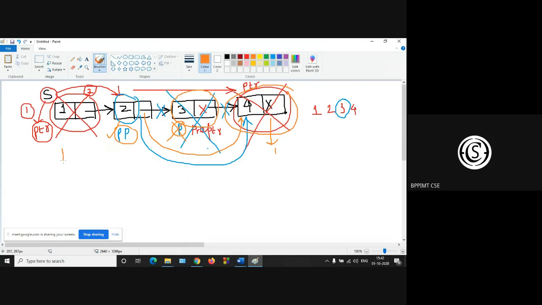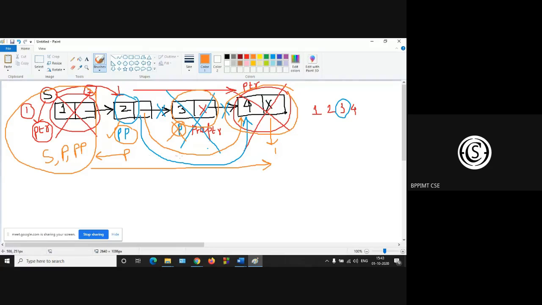Initially your P, PP and S are all pointing to the first position. Then every time you have to proceed this P, and every time copy this P. So if PP, S and P are initially at the same position, first you advance this P and copy this P into PP.